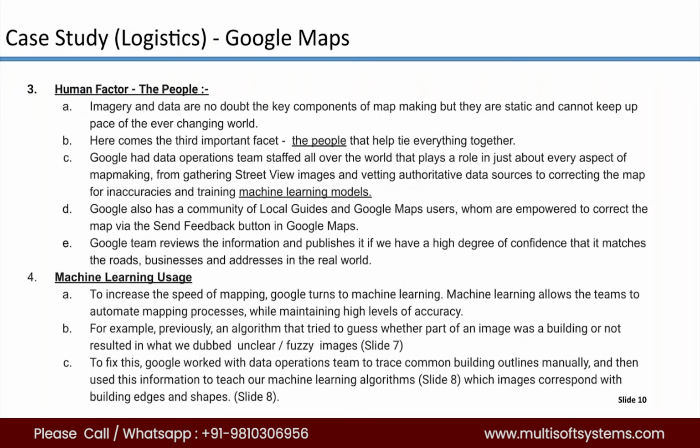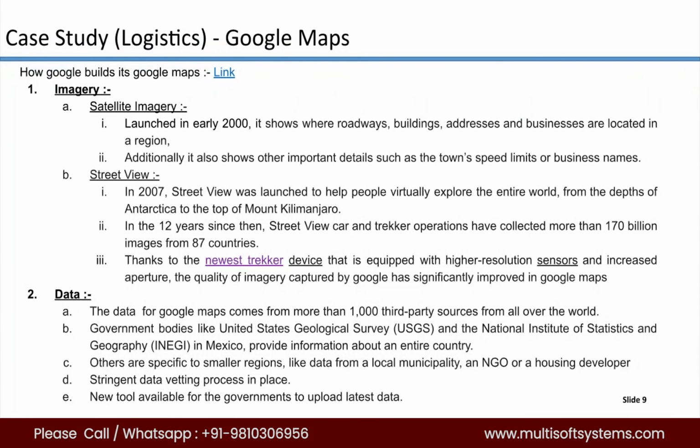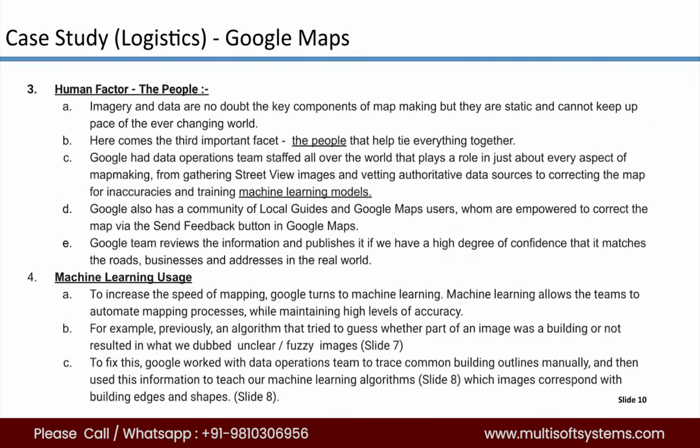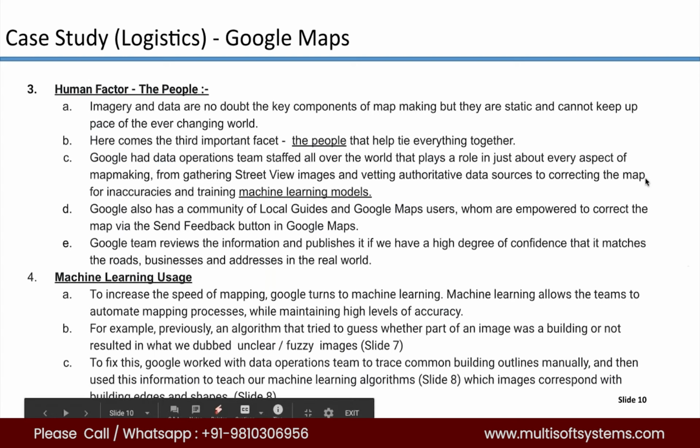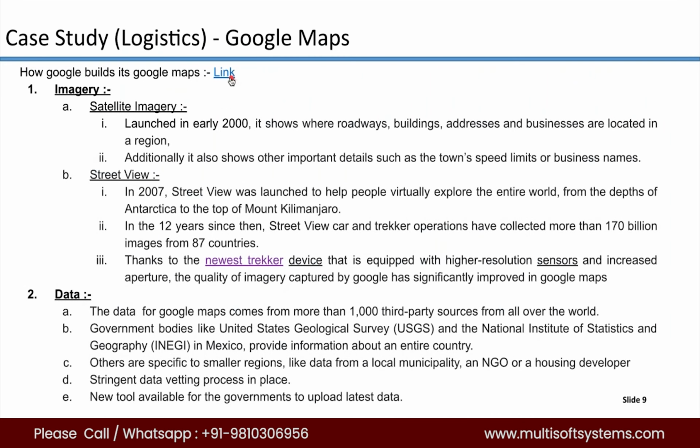That's how. So Google Maps is basically a product of these 4 parts: imagery, collecting images from the satellites; data, capturing data and analyzing it; the team to do it, the human factor; and the usage of machine learning models to further improve your predictions, right? This is a very interesting case study, my dear friends. If you really want to read it, click on this link. I would suggest you click on this link and read the entire thing. It will help you understand how big data can really be useful, and again relating to something that we use in our day-to-day life.